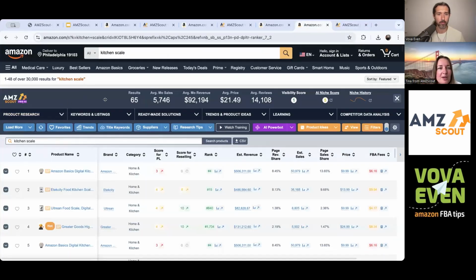Let me show how it works. You basically type anything you want in here on Amazon.com and a lot of other marketplaces, and you pull up the extension from the upper right corner of your browser. It can analyze all the products, or if you open it just on one product, it will analyze this product. I would like to start with our new AI Power Bot